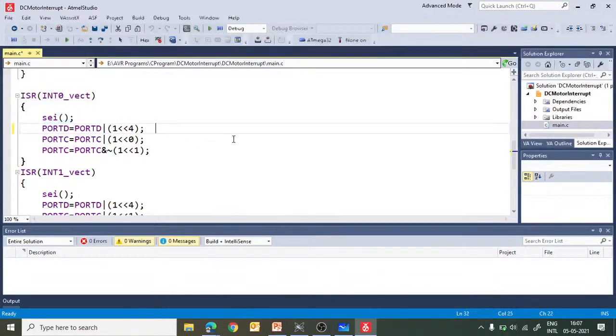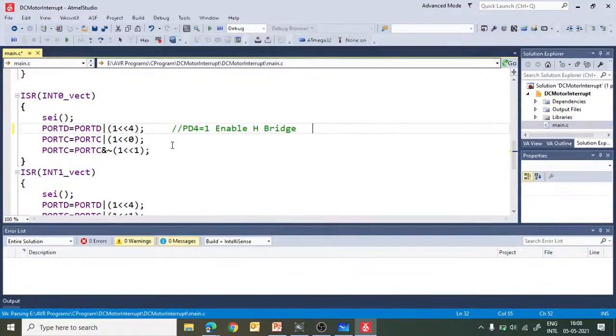Then by this instruction we are making PD4 equal to 1 to enable the H bridge. And by this we are saying that PC0 is equal to 1 and PC1 equal to 0.